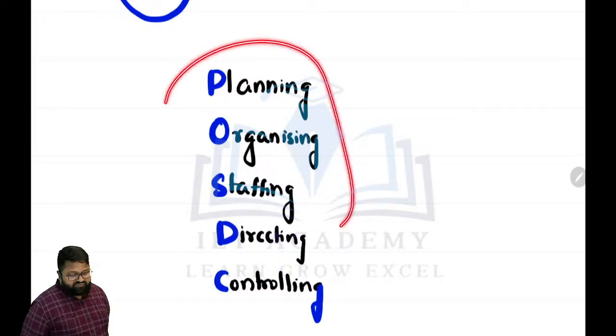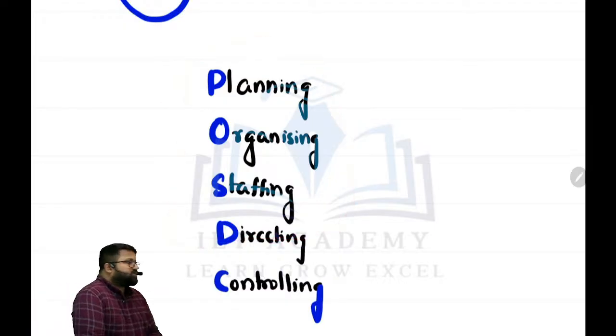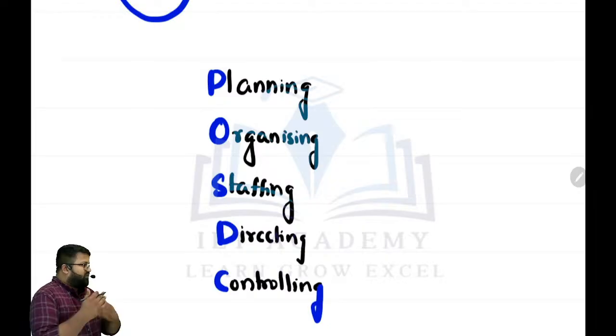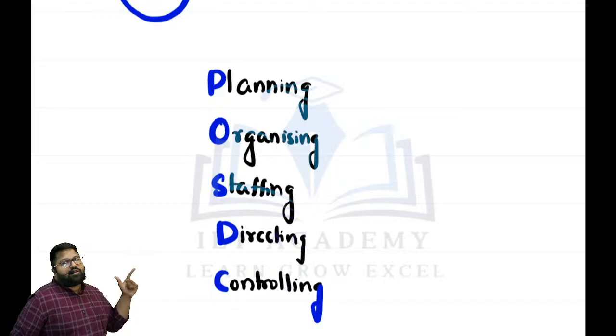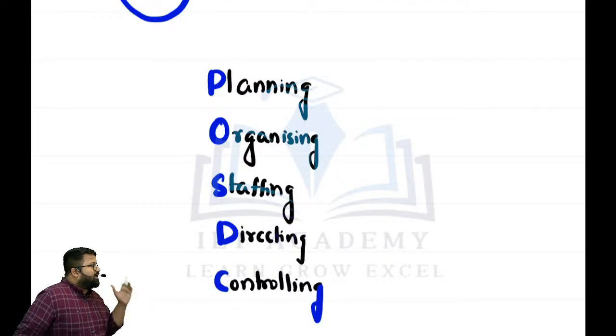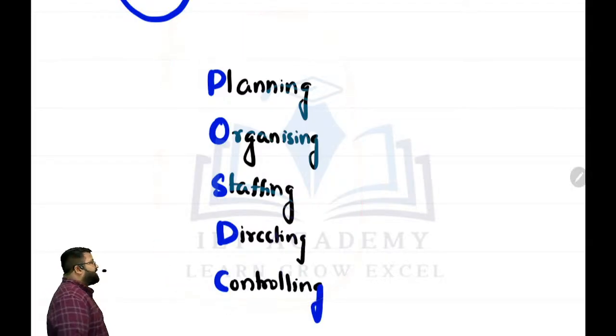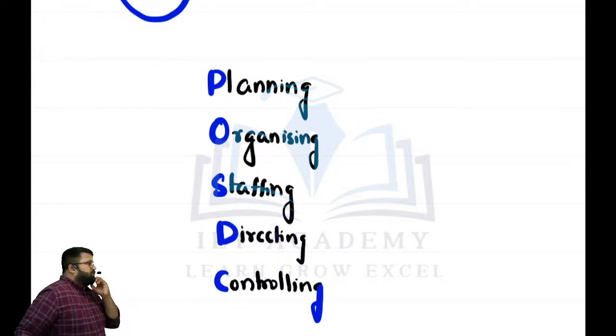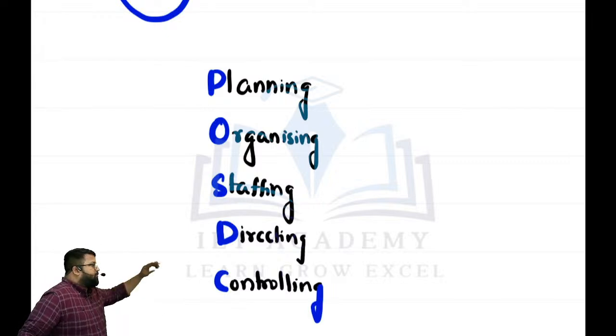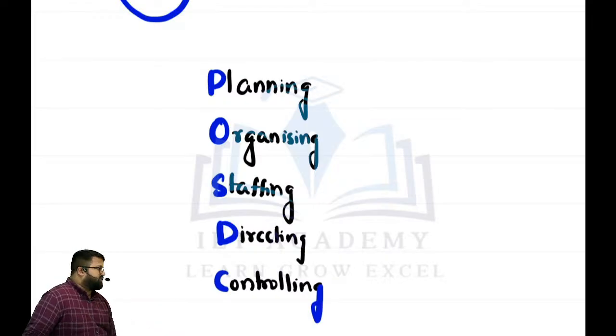And if the destination is fine, if it is on the right track, no issues. But if they are deviating from the path which we are given, then what is required, ma? Controlling is required. So planning, organizing, staffing, directing, and the last one is controlling. And one more most important aspect is that these 5 functions should be properly coordinated. If there is no proper coordination among these 5 functions, management will not be successful. Coordination and cooperation is most important. Okay, done with the 5 points.